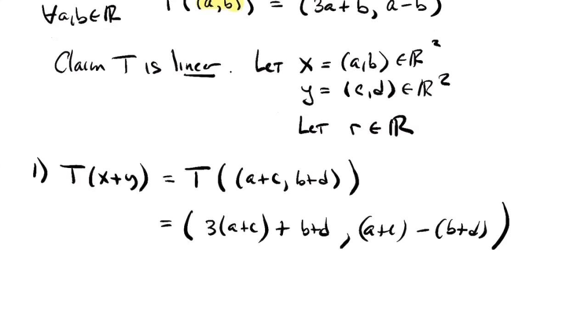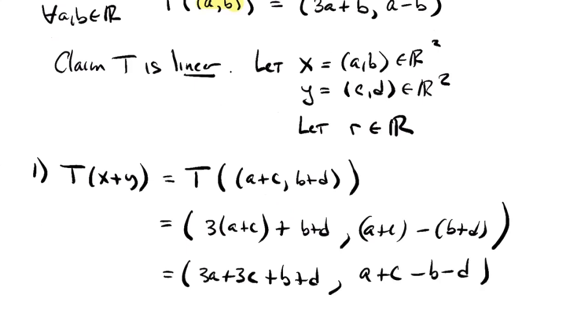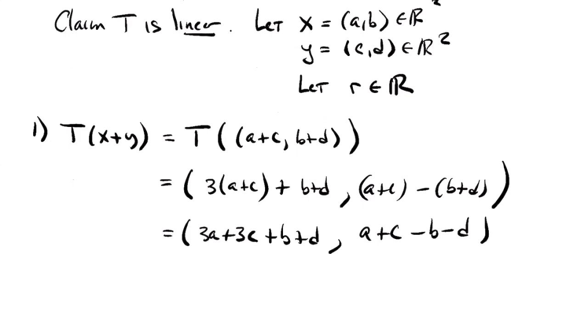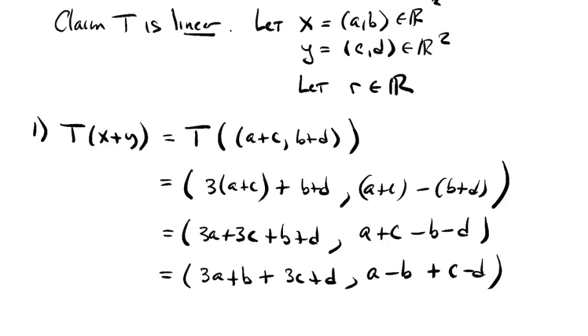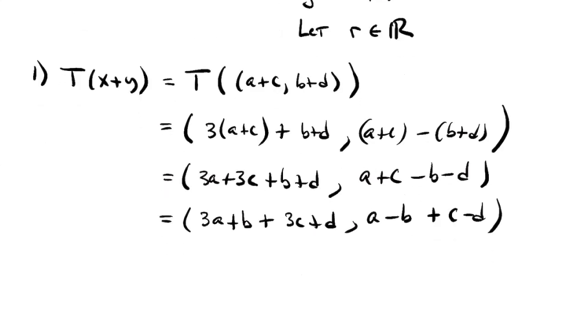All right, so I just have to do a little bit of algebra here. What have I got? (3a + 3c + b + d, a + c - b - d). Now I could work out T of x plus T of y separately, but I'm just going to keep going in the forward direction here. So I'm going to write this as (3a + b + 3c + d, a - b + c - d). You certainly agree with the algebra, and you can probably see where I'm going with this,